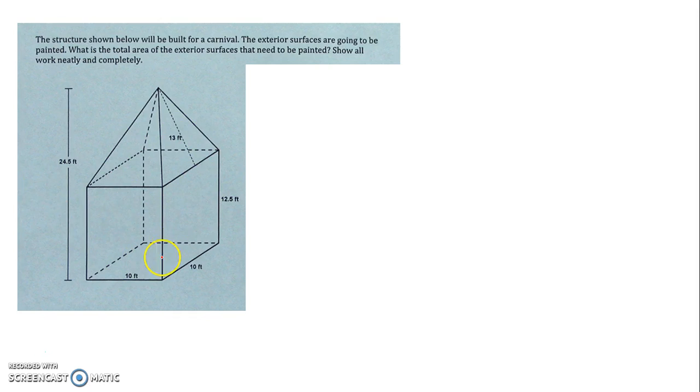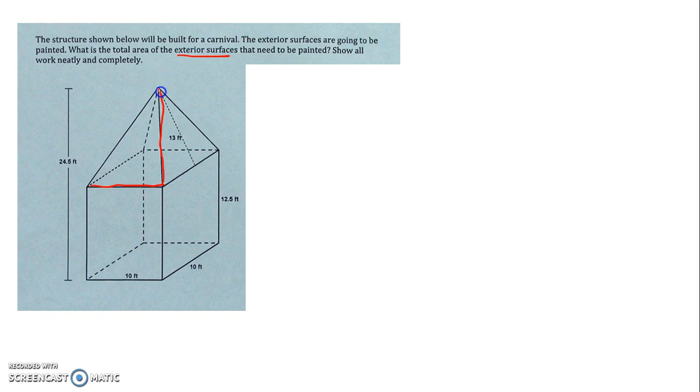They're not going to find the area of the bottom base because all they want is the exterior surfaces once the structure is painted. So I'm not going to find the area of the bottom base. Let's hope I'm looking at this problem correctly. All right, so I still have to find the area of my